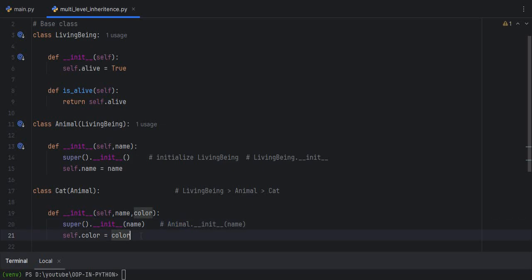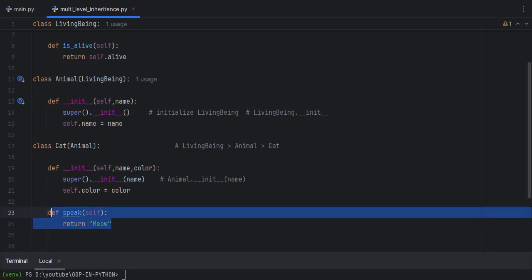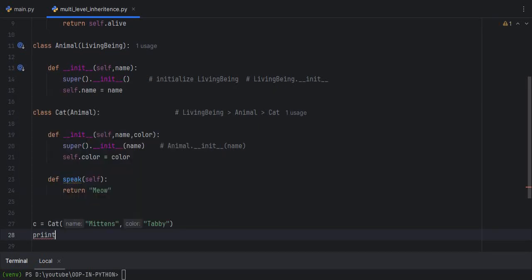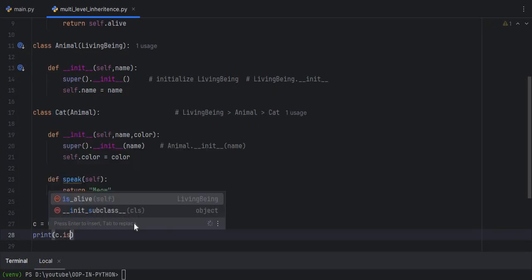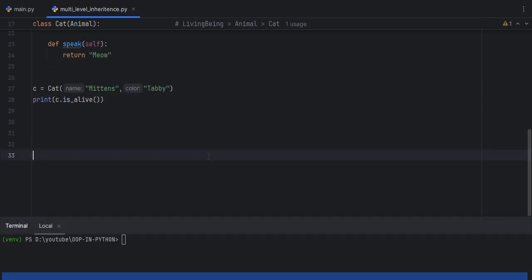And then we create a method with the name speak. So this is a cat-specific behavior. Now it's time to create an object for the Cat class. This will be c = Cat. I will pass the name mittens, and I will pass the color, let's say tabby. After that, print c.is_alive. If I run my code, save the code,